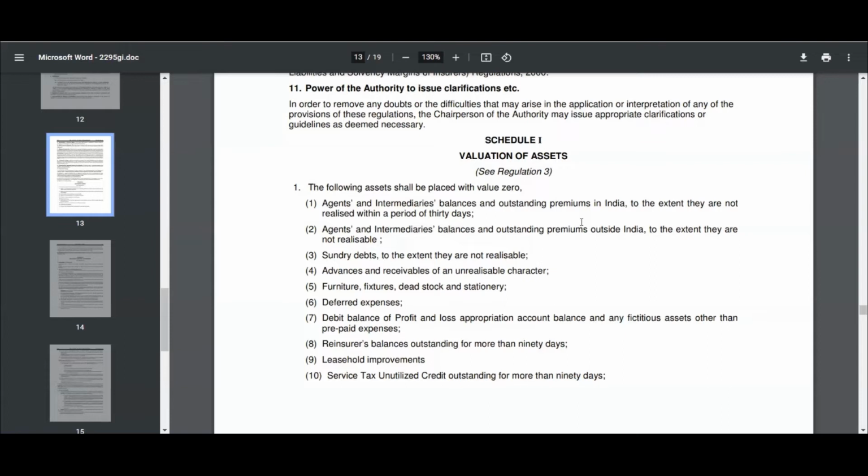Now this ALSM regulation is divided into three parts. One is the valuation of assets, one is the valuation of liabilities, and the other deals with the valuation of liabilities for linked business and non-linked business, and the final part deals with the solvency margin regulation. The valuation of assets has been predominantly covered in preparation of financial statements and auditors report. That has already been covered by me. If you have not seen that, I'll provide the link in the description. But this would only involve a very small portion of the valuation of assets.